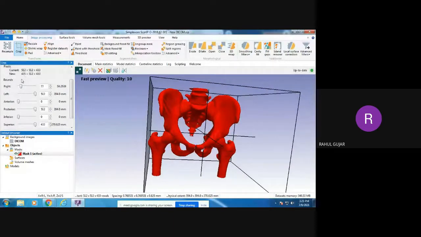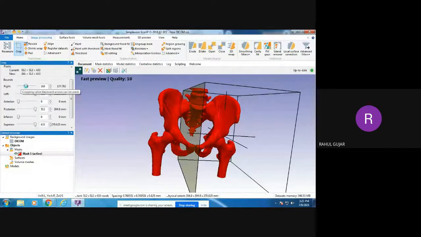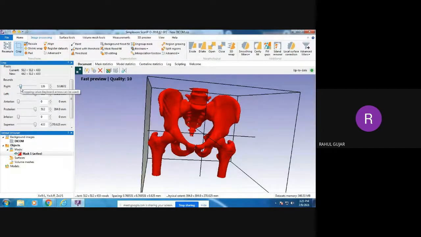So you can see here I have adjusted the right side of the plane up to this. If you increase it, then that much amount of part will be removed from your model. So I just want to keep this one, so I'll keep that plane here.